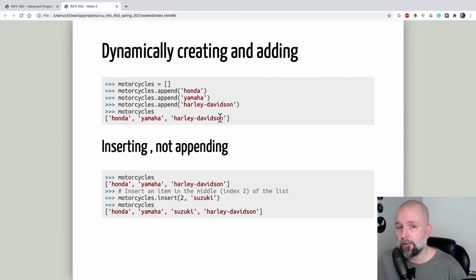If for whatever reason, let's say we wanted to keep things in alphabetical order, sometimes we would have to insert the item into an existing list. So next block of code, using the same list of motorcycle manufacturers, Honda, Yamaha, Harley Davidson. I'm going to insert a new item. So again, I'm calling a function on my motorcycles variable,